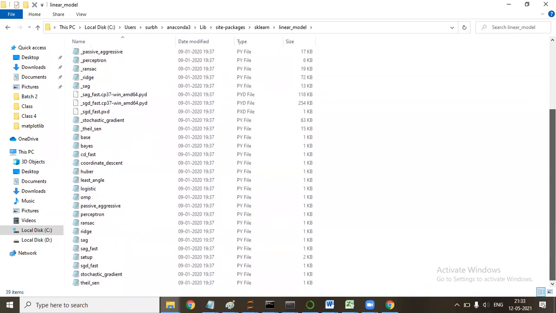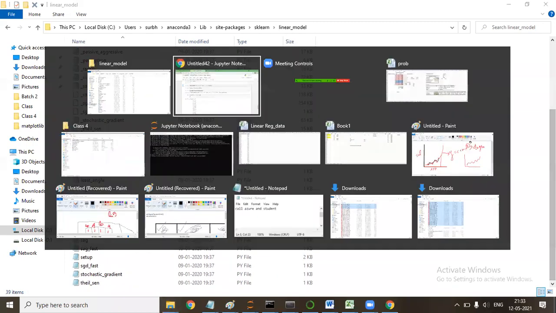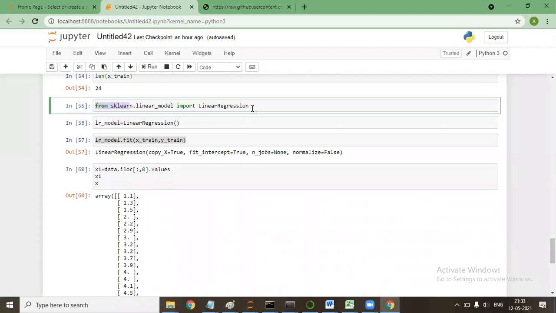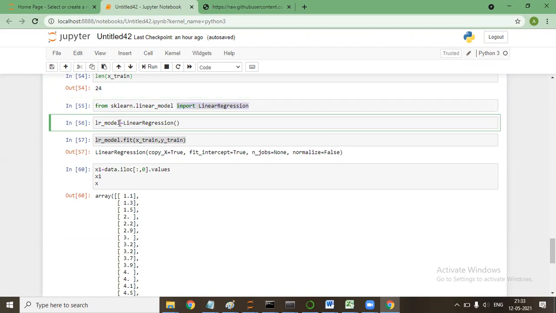Here we can only use the files that are there, such as linear regression. If I write import pandas as pd, it means I have imported pandas and renamed it as pd. Here I have imported LinearRegression and renamed it as LR_model. Are you with me?